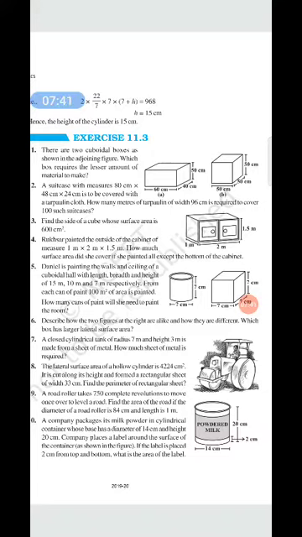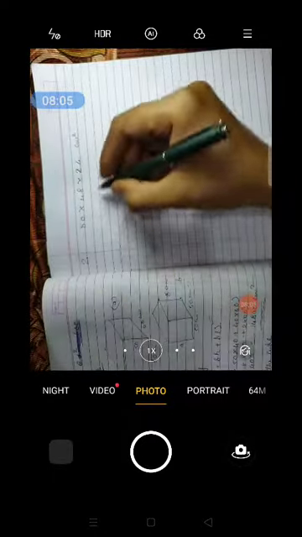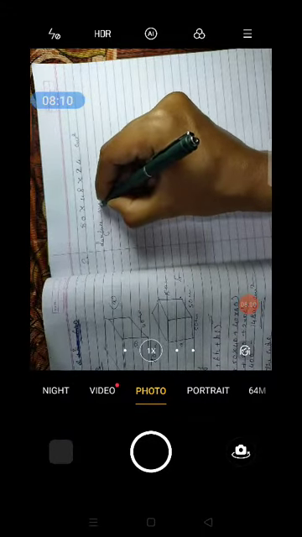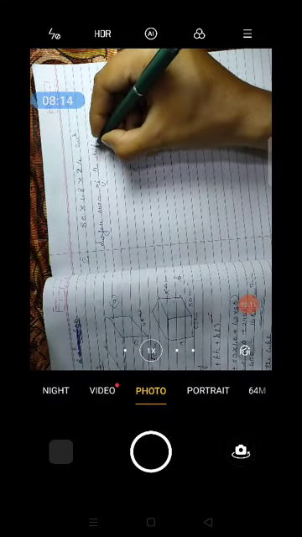Now we are going to calculate the surface area, because a cover is always on the surface of the suitcase. So we are going to calculate the surface area of the suitcase first. Okay, so let's see the solution. Let's see how to do it. Have a look. Surface area of the suitcase